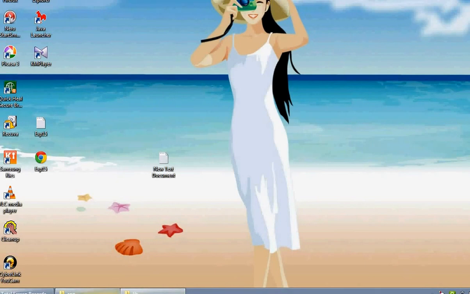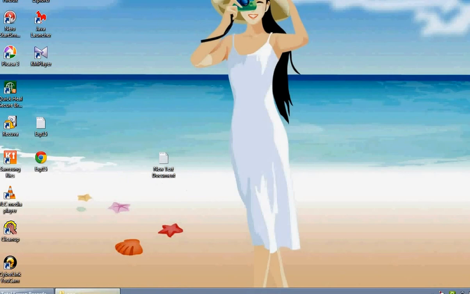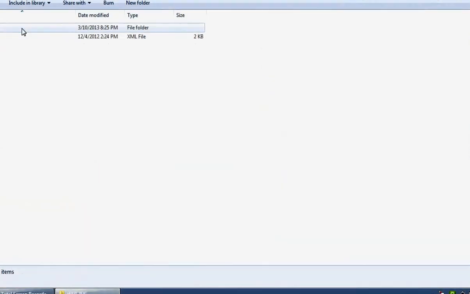Okay, now we have to compile the Java file which we have created here. Firstly we will double click on this batch file to set the classpath. So path and classpath have been saved.